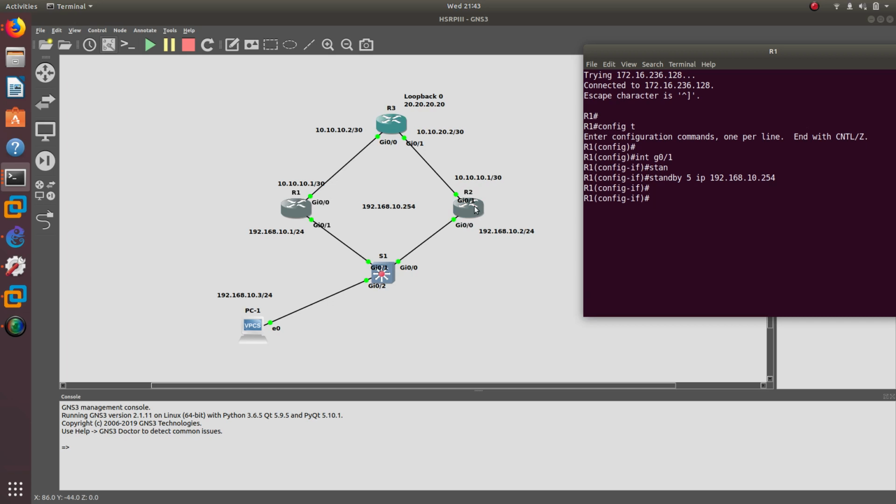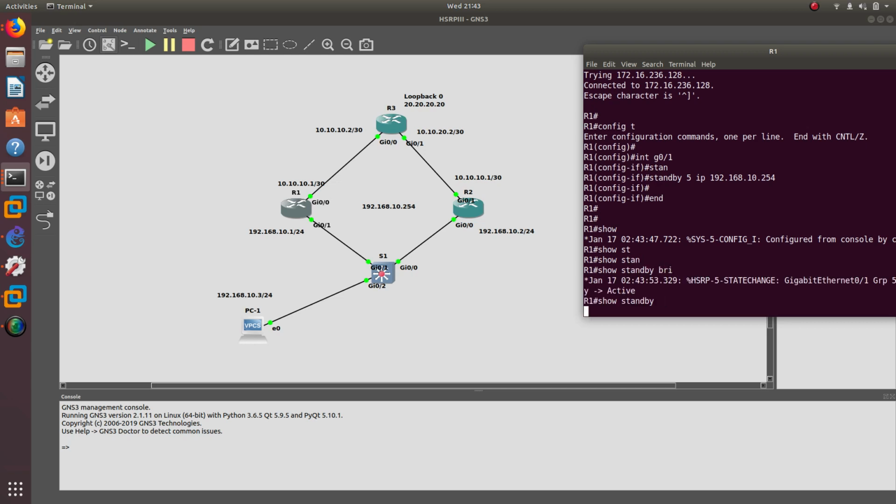And when it becomes active in a couple of seconds, if you do show standby brief, or just show standby,